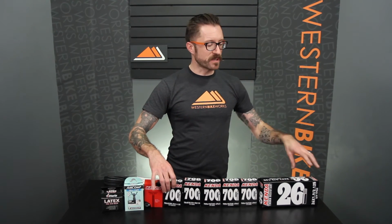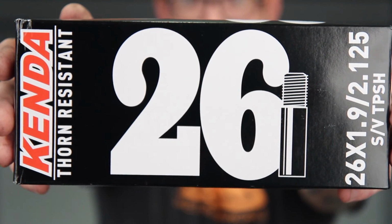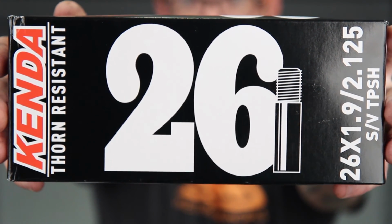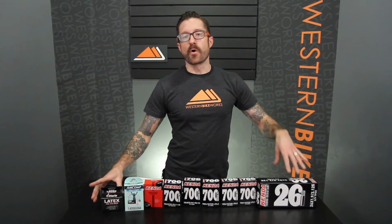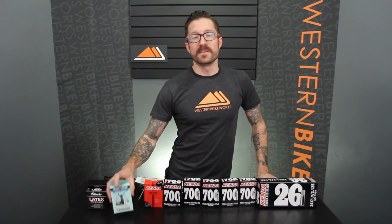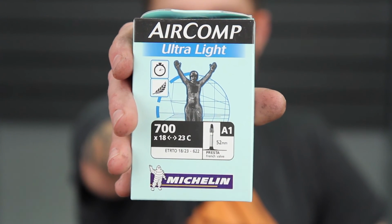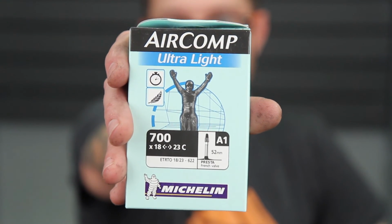So you don't have to find your exact width printed on the box, it just has to be within that range. Some special considerations if you're looking for additional flat protection, they do make thorn resistant tubes. These are just tubes that have a very thick butyl rubber wall to improve the flat resistance. For race applications or performance applications, you can get lightweight tubes. These just have very thin walls to the tubes to decrease rotational weight, make you climb, accelerate a little bit